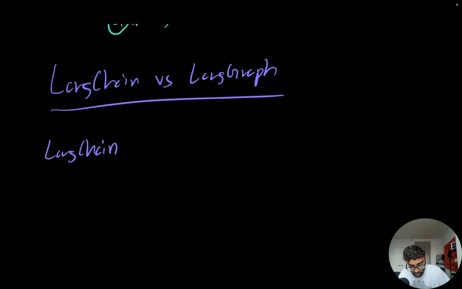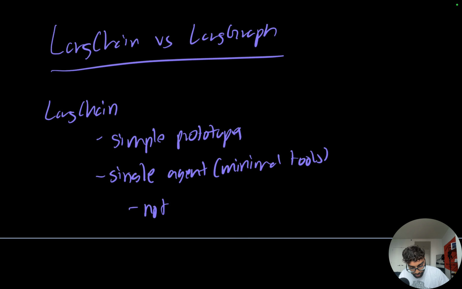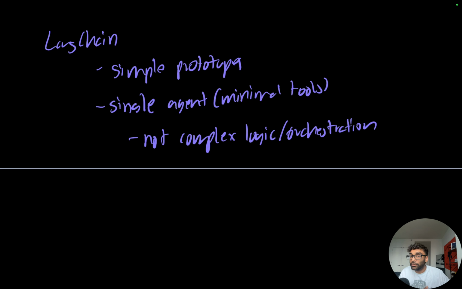LangChain is the one that first burst onto the scene a few years ago. This is very good if you're building simple prototypes that often have probably a single agent and minimal tools. There's not really much complex logic or orchestration happening here. It's just a simple agentic loop that became so popular and is still used, right? That ReAct loop that we're talking about, where you have your different tools,